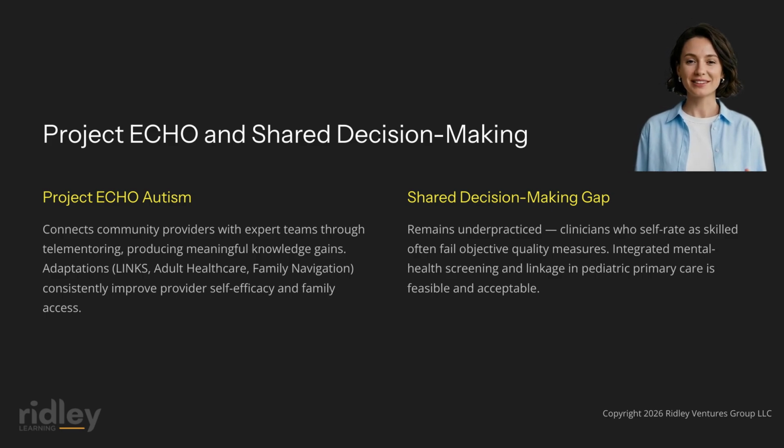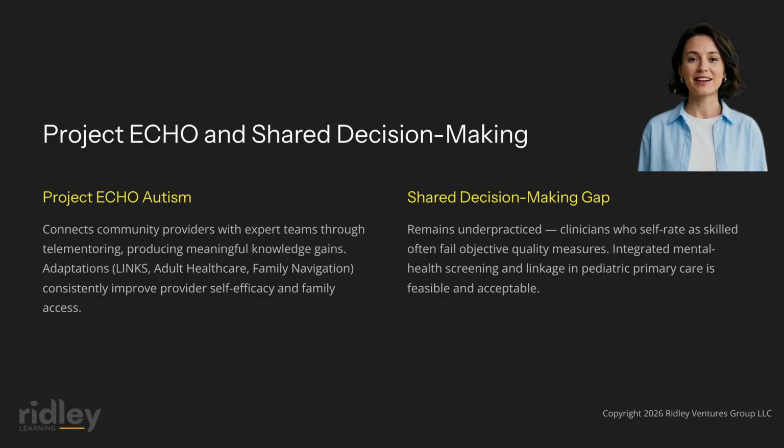Project ECHO Autism extends this reach through telementoring that connects community-based providers with interdisciplinary autism expert teams. A multi-site stepped wedge trial, which is a design in which clusters sequentially cross from control to intervention, reported a meaningful 9% gain in provider knowledge that was statistically reliable. Subsequent ECHO Autism adaptations, including LINKS, adult healthcare, and family navigation versions, have consistently improved provider self-efficacy and family access